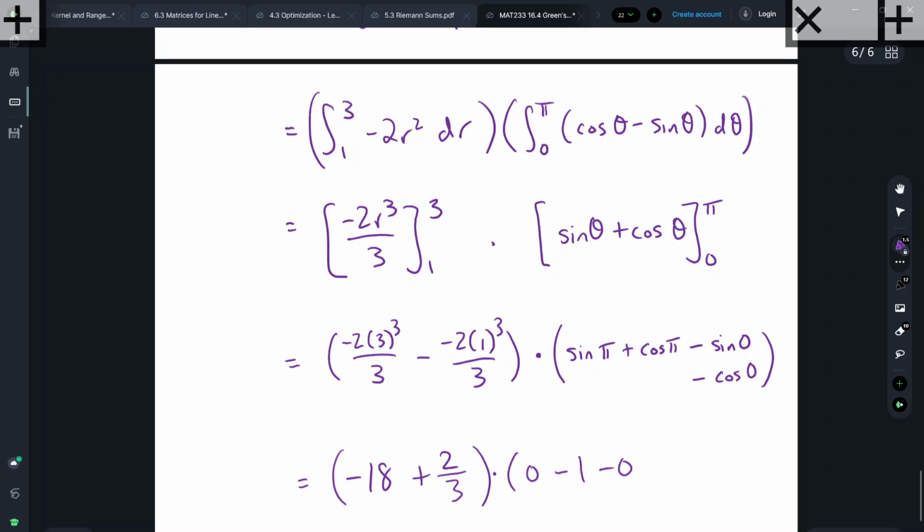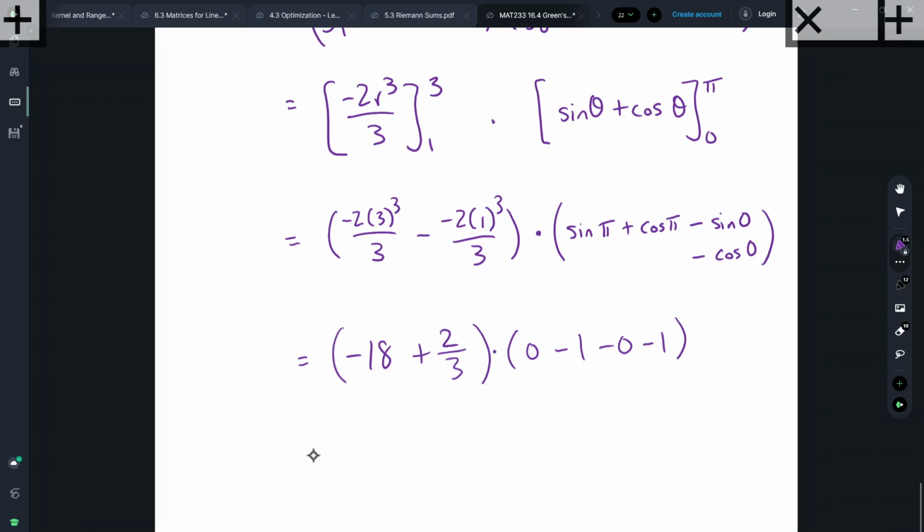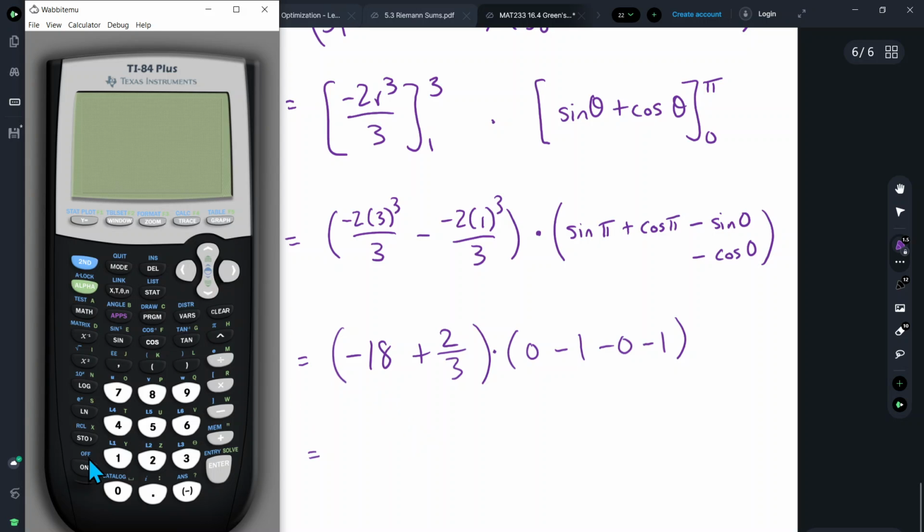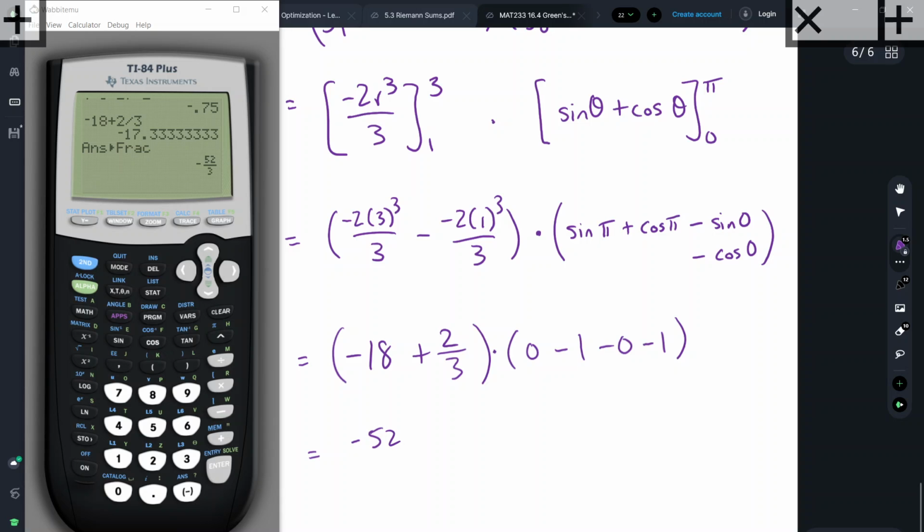Cosine of 0 is 1, but you have this minus, so it's a minus 1. Okay, so what do we have? Negative 18 plus 2/3 as a fraction is negative 52/3, times negative 1 times negative 1, so that's negative 2. Okay, so this is equal to